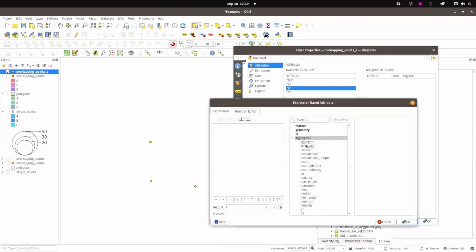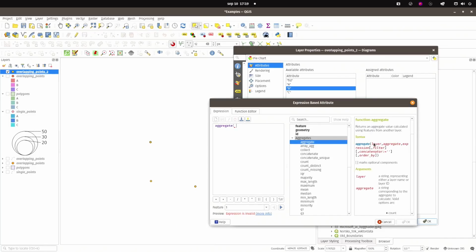So let's add aggregate, and that takes a layer value, an aggregate function name, an expression, a filter, a concatenator if you use concatenation as aggregate function, and an order if you want it. We will use all of these. So first of all, the layer, go to map layer, and this is overlapping points 2,